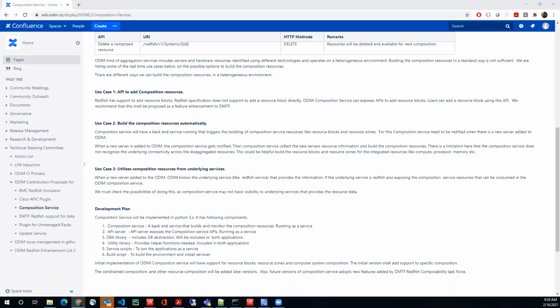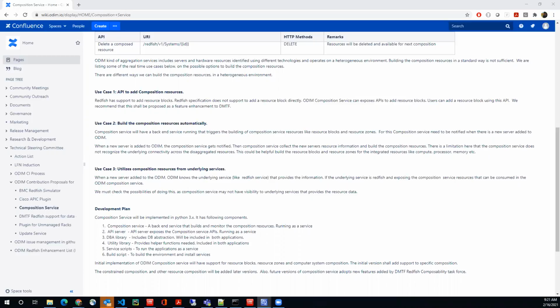Well, if you look at the model, there is a notion of a computer system in the model, and that computer system can have flavors. It could either be composed or whatever. If it's composed, it's already known as a resource block and a resource zone, and then somebody has done something. Okay, but there are multiple composition scenarios, right? What I'm saying is, before composition, we have to define the resource block. That's where I'm seeing the challenge. You don't need to define the resource blocks for statically assembled systems.